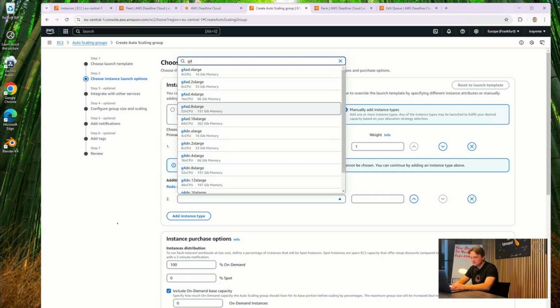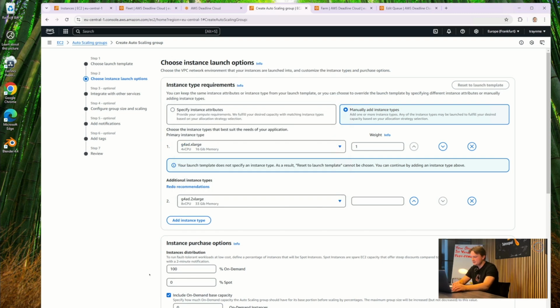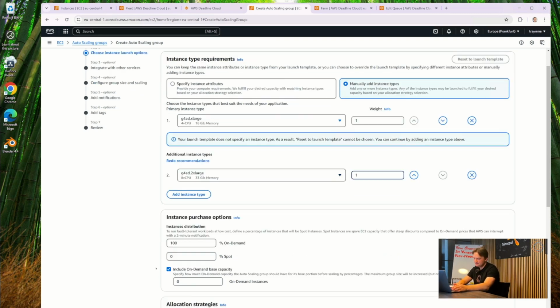Let's take a really big one. 2x large, not too big. And this is also equal. So that these two instances would now be in our auto-scaling group, which we can have kind of rotating, like which one gets chosen first. The instance types, though,